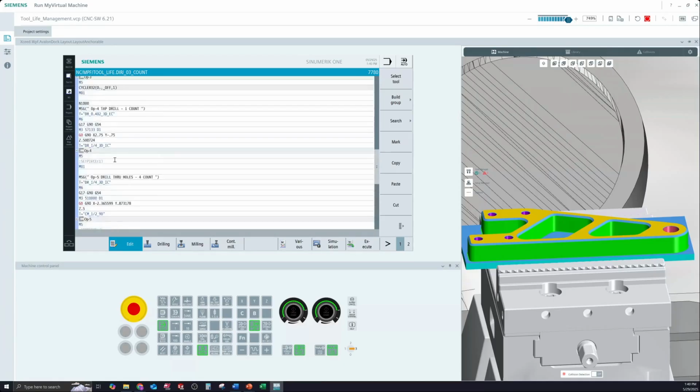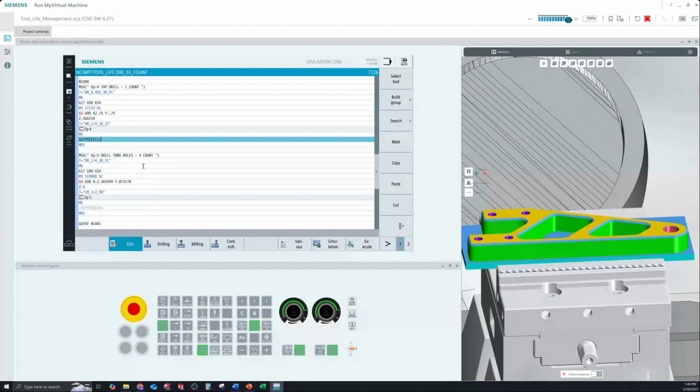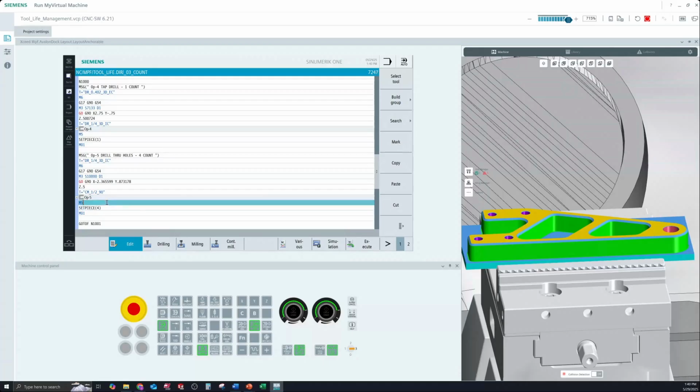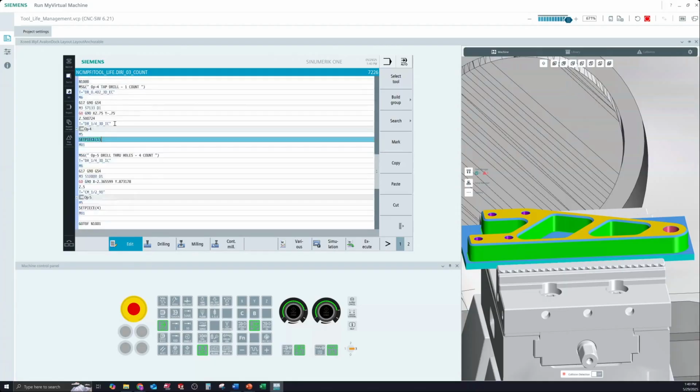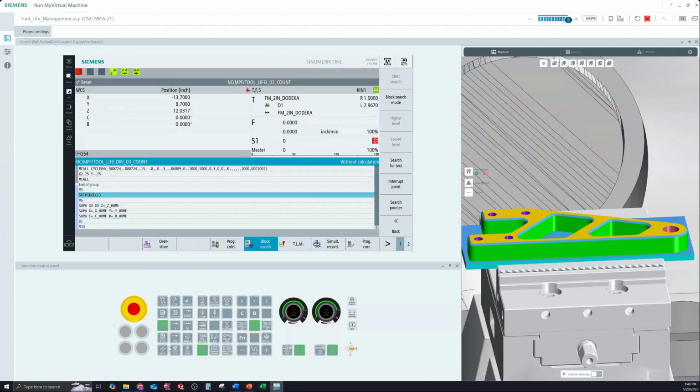Now I'm going to come up and find these other drills in the program. The first drill that runs is this tap drill, and I want to add set piece 1 after it. So as soon as it runs this tool, it's going to read set piece 1 and subtract 1 from that tool. But then the very next tool that runs is this 1/4-inch drill. And as you can see, I've got 4 holes on it, so I want to count it by 4. So I'm going to do set piece 4 for it. So now I've got set piece 1 for this drill, set piece 4 for this drill, and then set piece 1 for the tap. So now if I run this program,